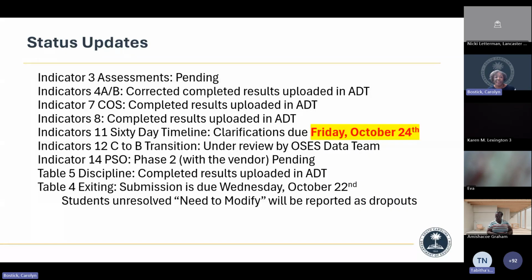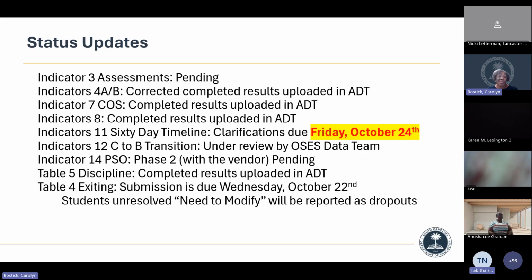We still do not have the 24-25 assessment data just yet to share with you. But as of today, the 4AB has been corrected and placed in ADT for you. Our COAS is completed, and you'll find those results in ADT, indicator 8.